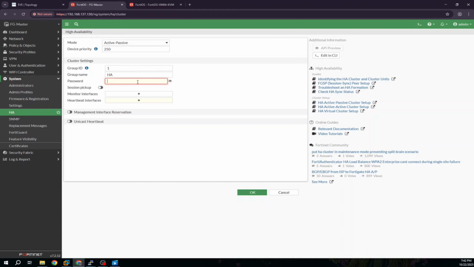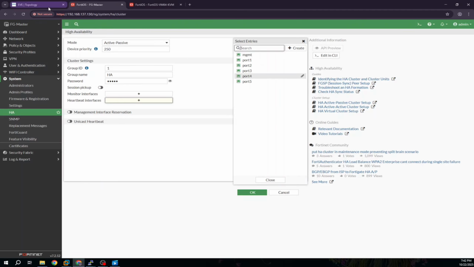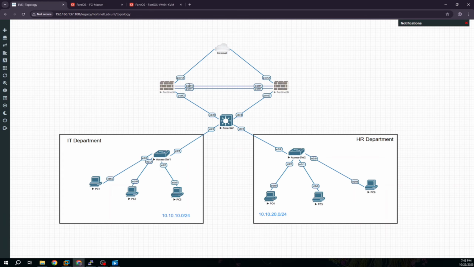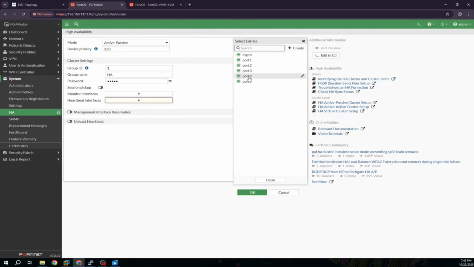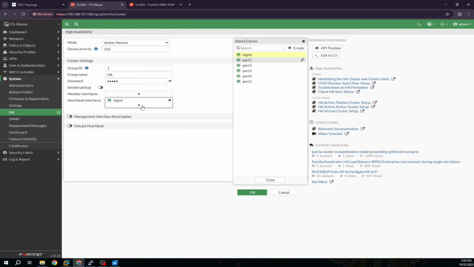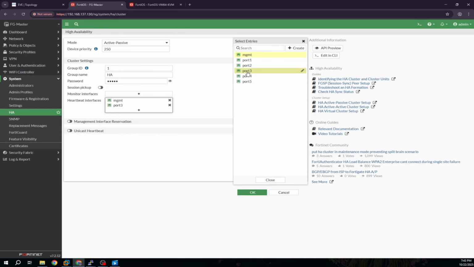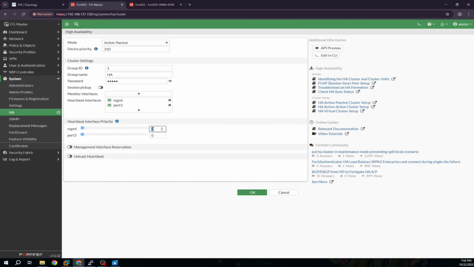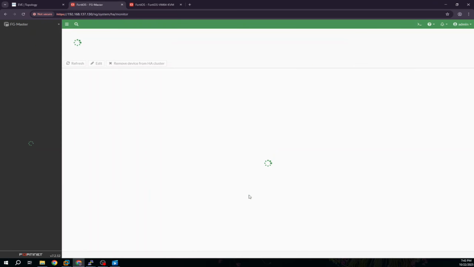You can give a password, and here just add the ports that we should configure as a sync link and the heartbeat link. So here port 4 and port 1, right? Port 4 means port 3, and port 1 means management. So I add both. Okay, and here give the heartbeat interface priority as 50. Okay, so we just configured our primary firewall, right? So then hit OK,